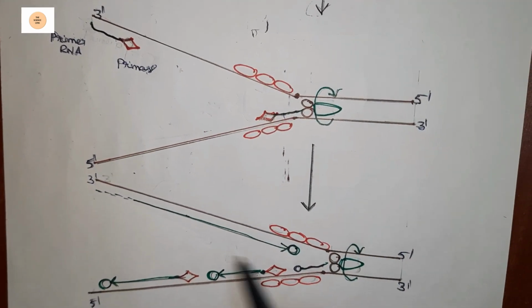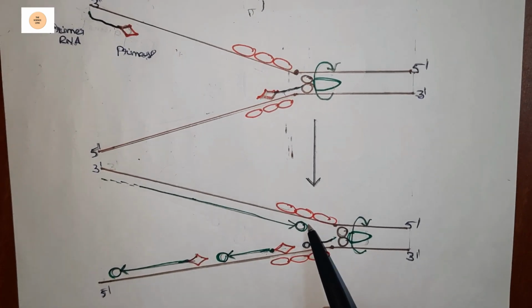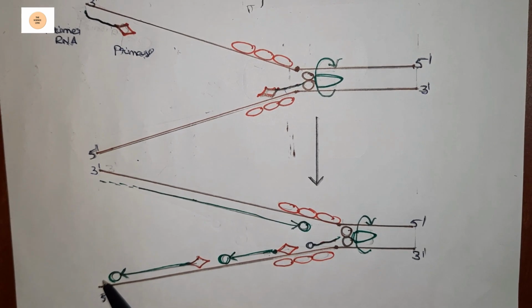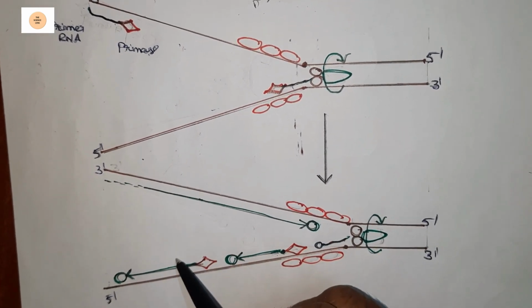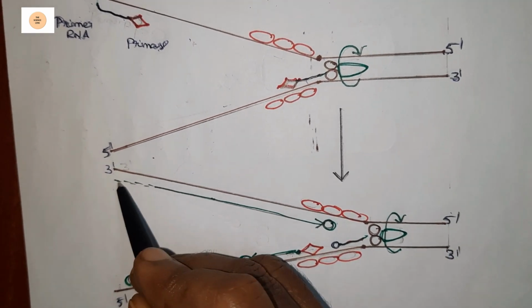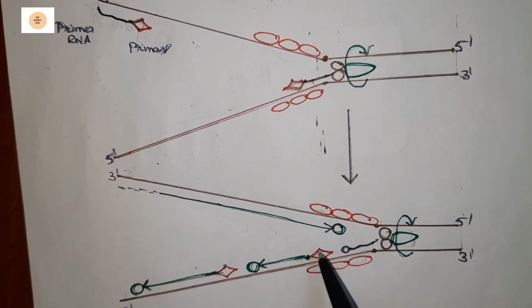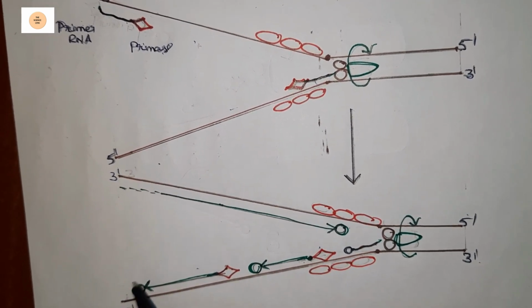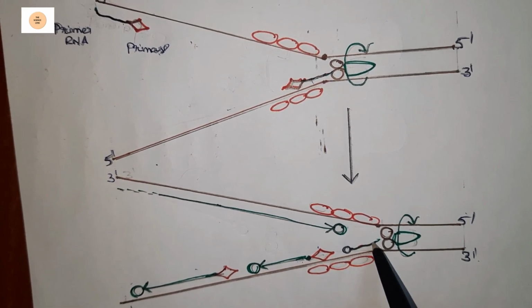Like that the chain length also elongates. So in the leading strand the direction is like this, in the lagging strand the direction of the newly synthesized strand is like this. That means they are running in anti-parallel direction. So here it is 3 prime 5 prime, and here it is 5 prime to 3 prime. Here it is 5 prime to 3 prime. The newly synthesized strand is from 3 prime to 5 prime. Like that we are going to observe, and this is also the primer.